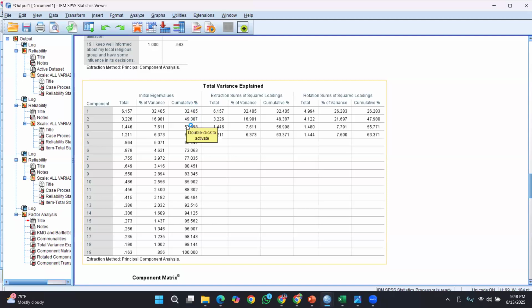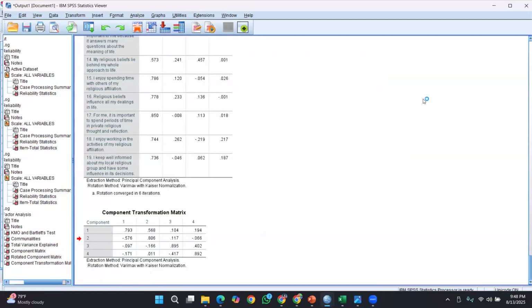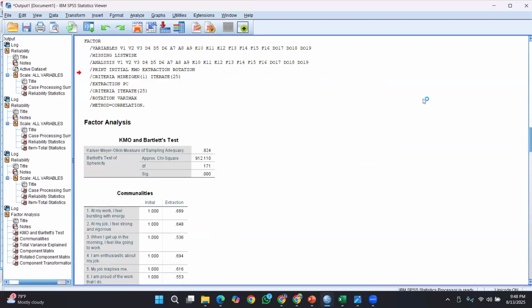So that is common method bias testing. And sample adequacy can be tested.